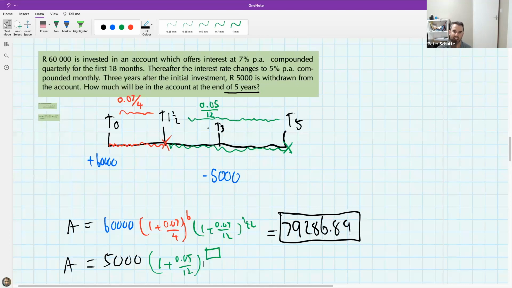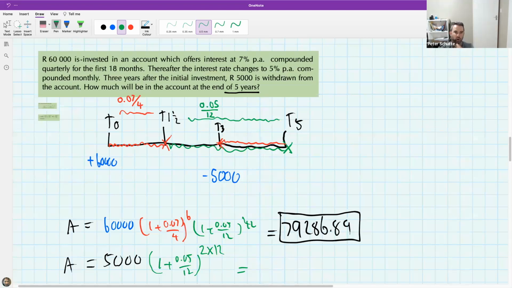So it left after 3 years, but if I kept it in, it would have stayed in for 2 more years to grow. So it's a sneaky thing, but can you see, I pretended to not take it out. I should have taken it out over here, but instead I left it in and it grew. So actually it grows for 2 more years. And so if it grew for 2 more years, this is 2 times what? Now, if I look at the 12, it's 2 times 12.